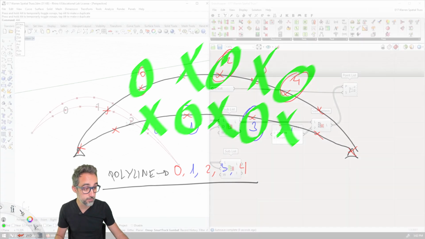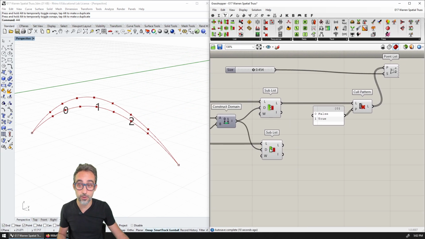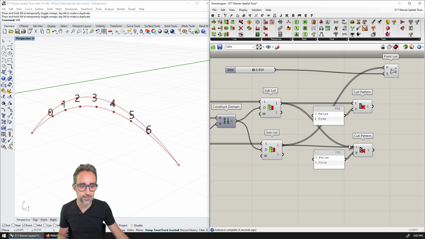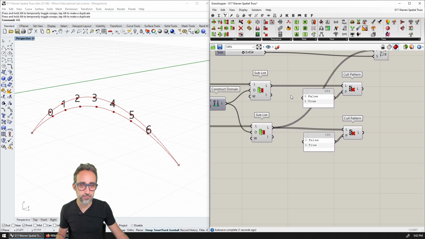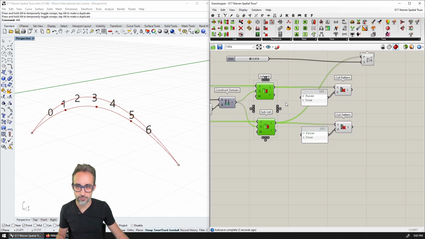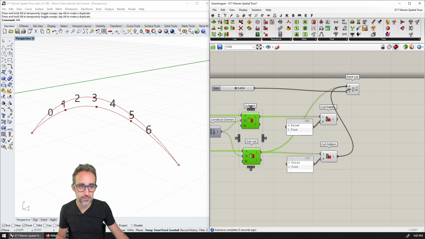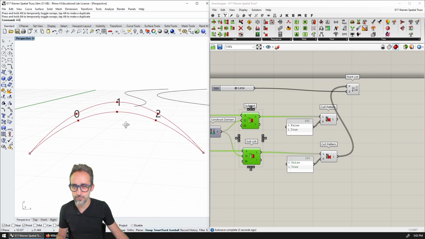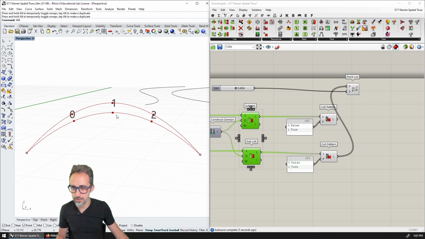So I'm going to use the same technique to call the points that are on the top. All right, so I'm going to copy and paste this, and I'm going to plug the other list. Then I'm going to turn these points off. However, if I do that, you can see that I'm going to be calling the same points, and that if I look at them, I have the same ones. I don't have the triangulation that I want.